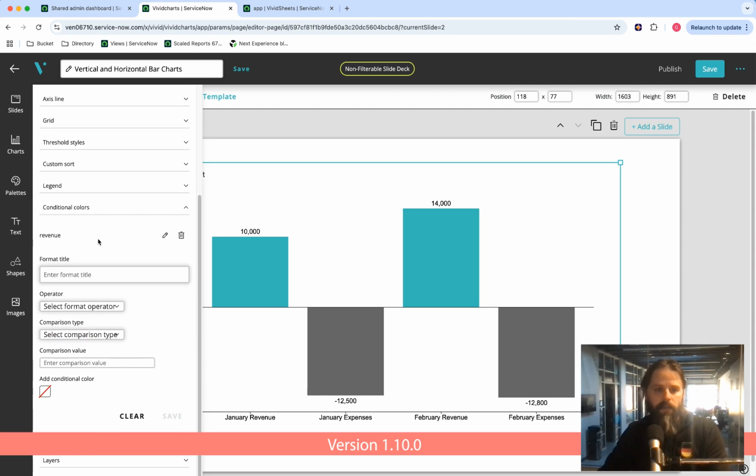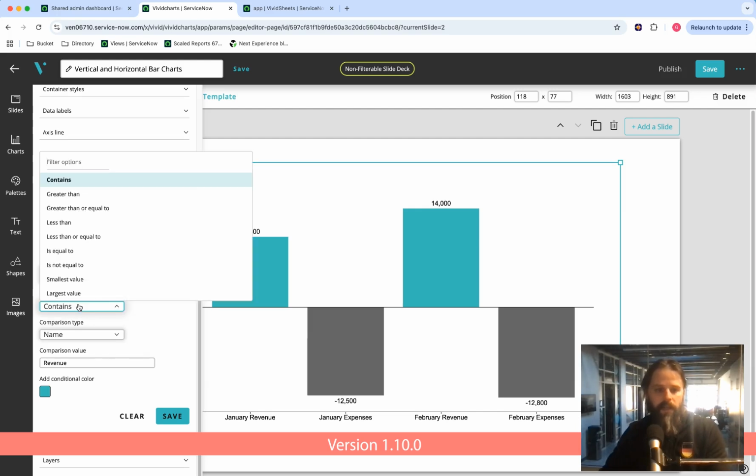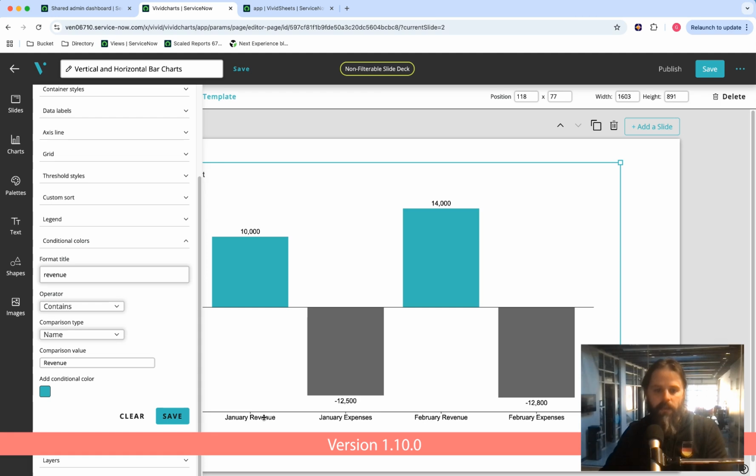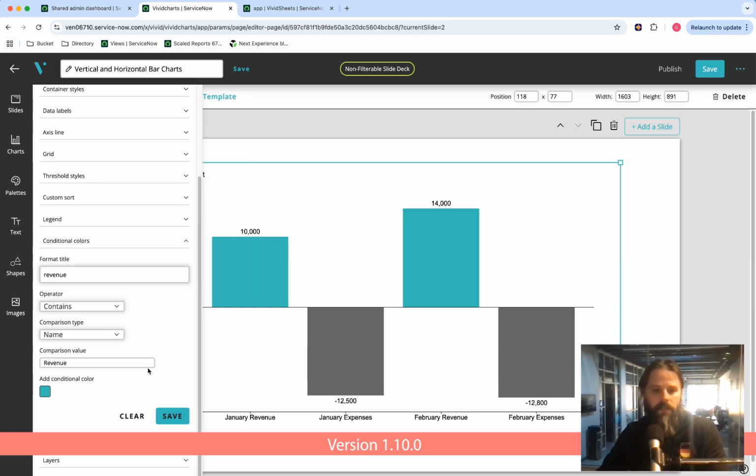I have this revenue condition set up already, so I'm going to open it up and edit it. You can see I labeled it revenue, and it checks if the name contains the word revenue. So in the past, you would have to go in and create a condition that would be equal to January revenue, and then create another one equal to February revenue. As you can imagine, if you have a whole year, having to do that for every month would get a little cumbersome. So now we can just do a contains,